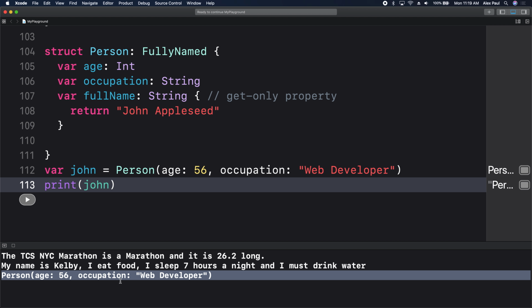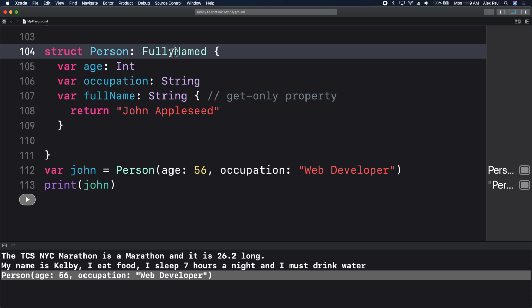So let's go ahead and do that by using a protocol. Here we'll see multiple conformance to protocols. So we have FullyNamed, comma,